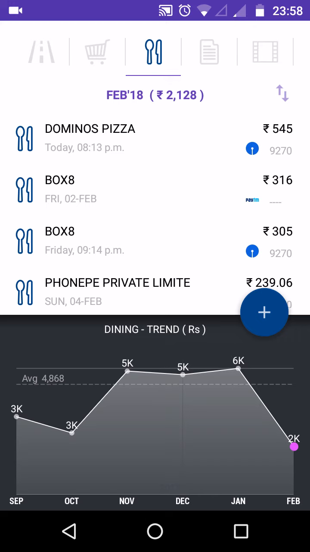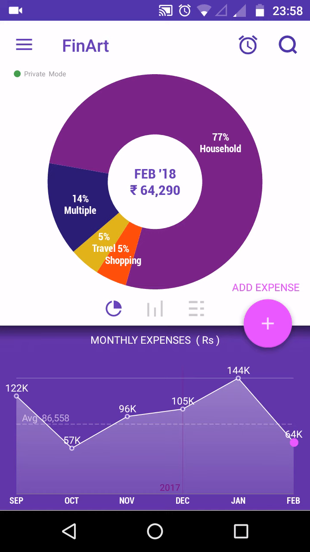So overall, it's a lifestyle app to get hold of the expenses, and tracking expenses made through different sources is difficult. So it gives us that much freedom and frees up our time from tracking the expenses. So I would say you just go ahead and download it from Google Play Store and